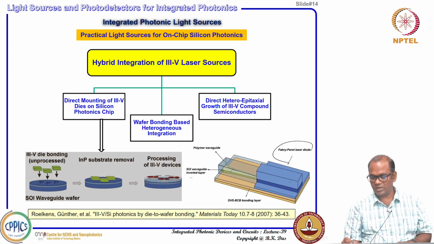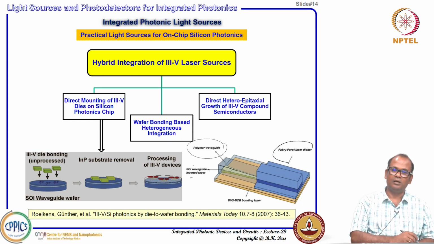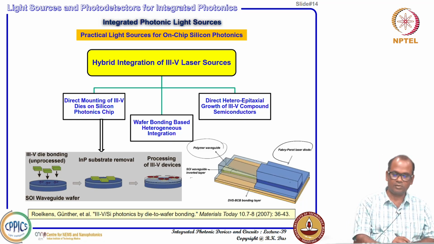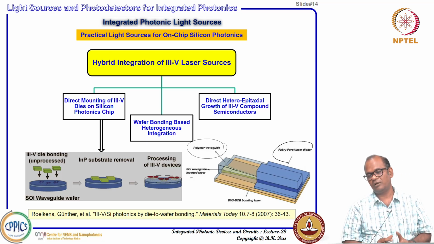So, normally an inverse taper is used as a spot size converter, and on top of the cladding of the inverse taper region some kind of polymer waveguide is used, and then the emitted laser light slowly couples into the silicon waveguide. So, this is a kind of expensive technology, and precise alignment, all those things are required, but still people have